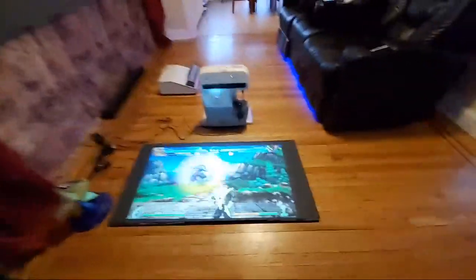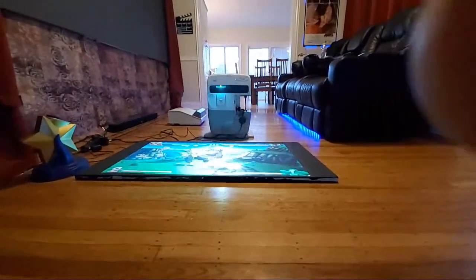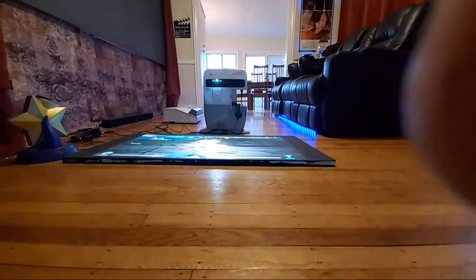Let's check out the angle gain. Let's bring it all the way down. See what we get on the angle gain on this. Bring it all the way down. Let's see what kind of angle gain. Mind you,